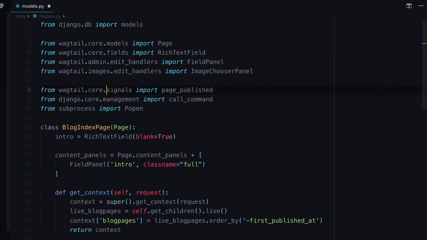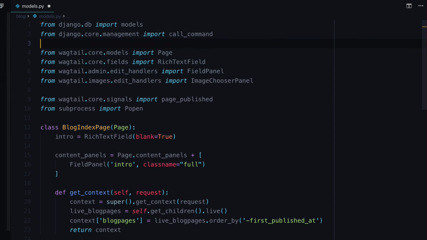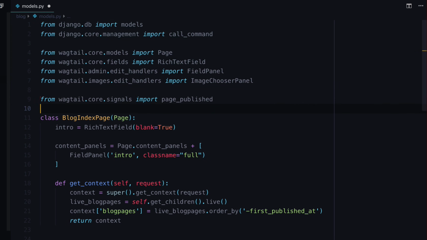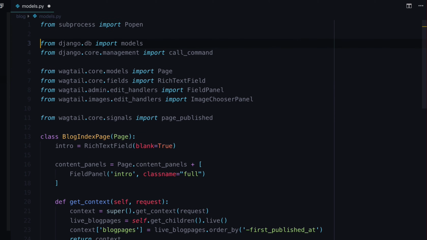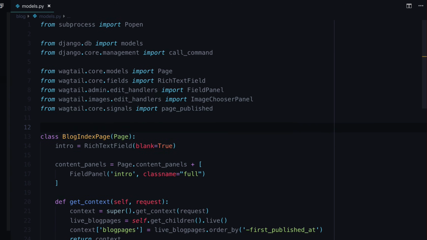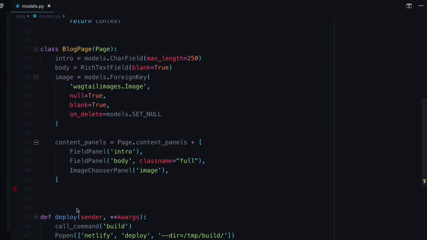Wagtail. So we have this thing called a signal. So we're importing a signal, which is basically a hook. When something happens, we can take a particular action. Django, I'm going to move that up here. So the Django.core.management, we're going to use the call command, and then a subprocess to basically execute something on our computer. All right, so we have all those,